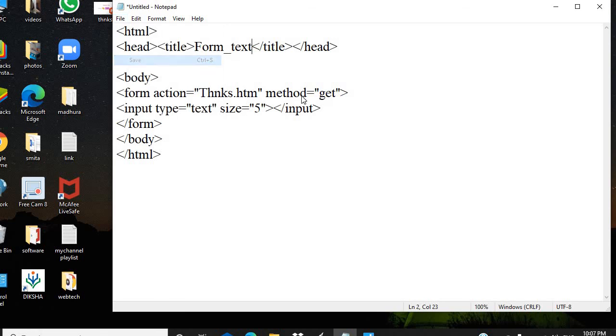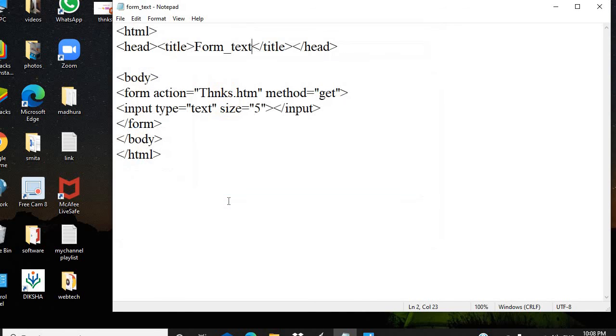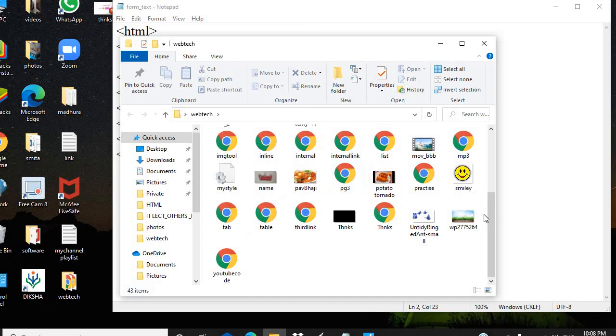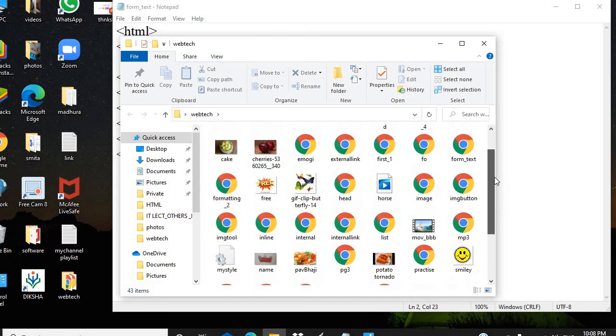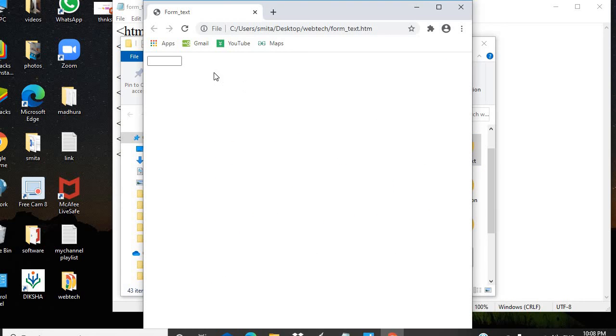Let's save this file with the name form text.html. Have a preview through the browser. So the name of my file is form.